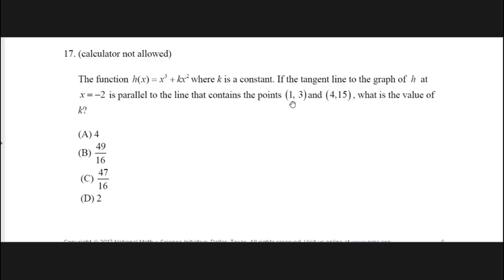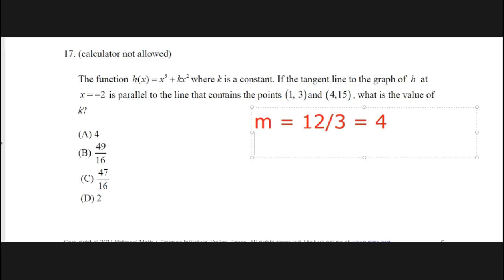So 15 minus 3 is 12, over 3, which is 4. So it says if the tangent line to the graph of h at x equals negative 2, so now I know my slope,